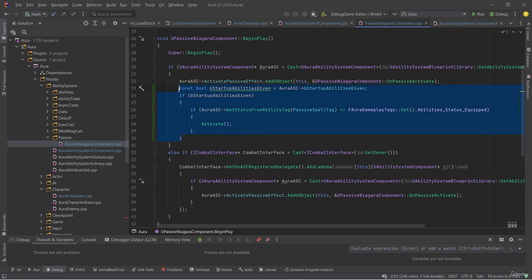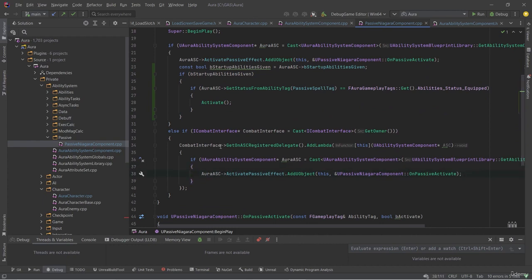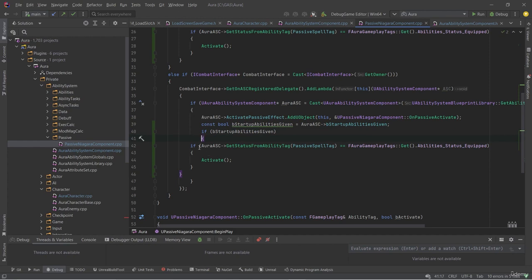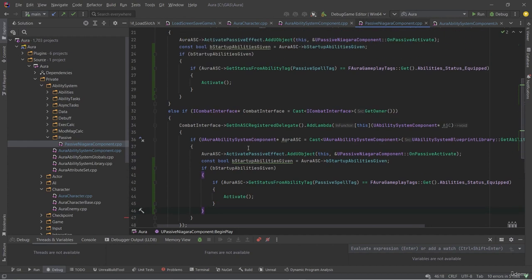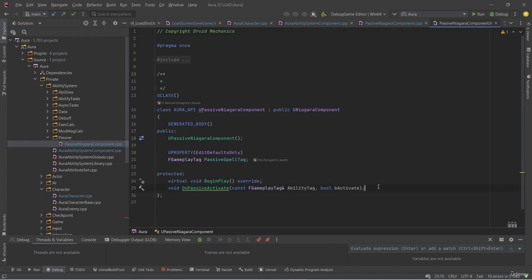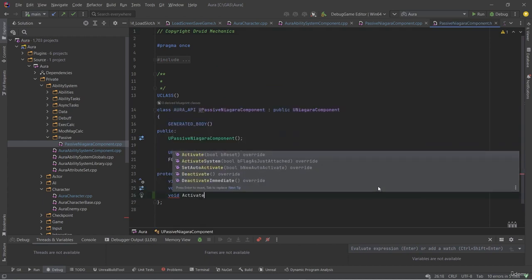And we can take these lines of code here, and we can do the same thing in our lambda that we bound to get on ASC registered delegate, just in case we missed it up here, we'll have it down here. So checking startup abilities given and checking the status. If the status is equipped, we can go ahead and activate. And of course, this is repeat code, so we could easily make this a function, ActivateIfEquipped, for example. So we can make a void ActivateIfEquipped,